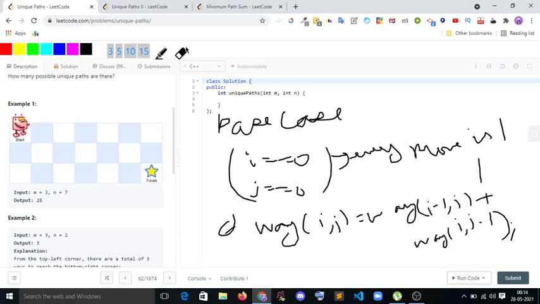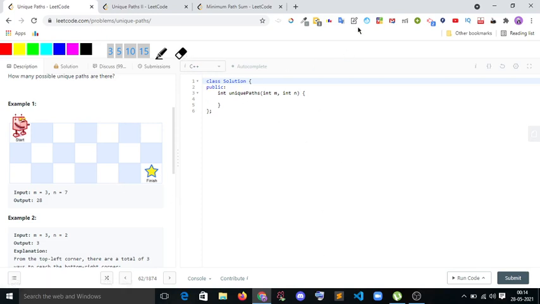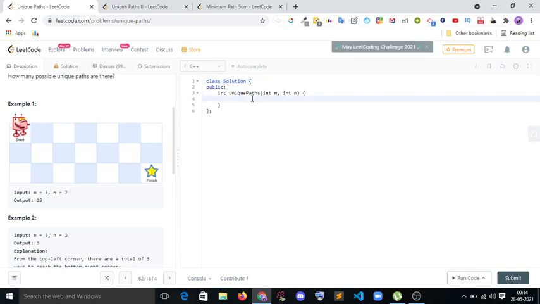That's it. So let's try to make it. You need to solve this question using an int array ways. We need m rows and n columns. For int i equal to 0, i less than n, i plus plus, this is the column.